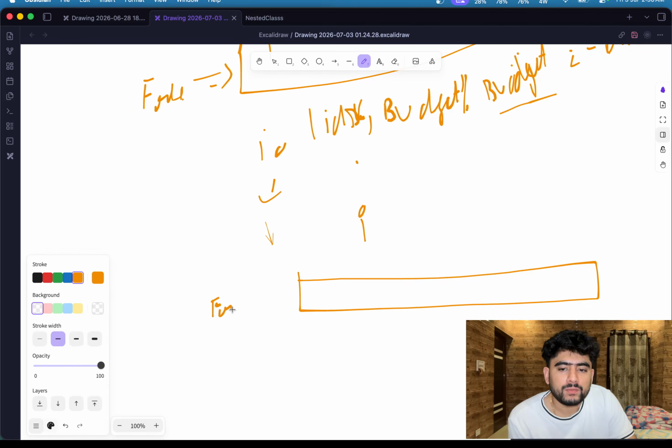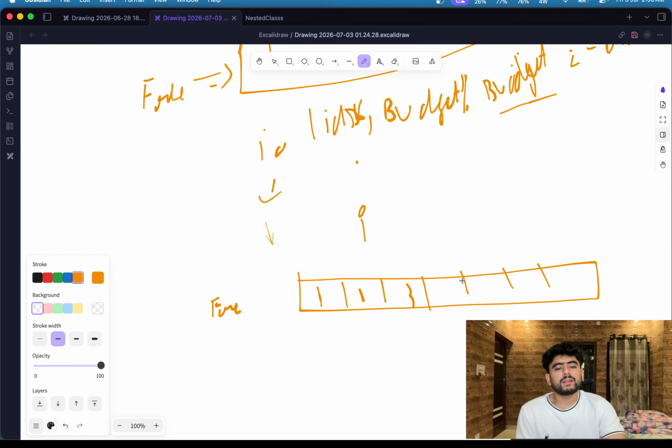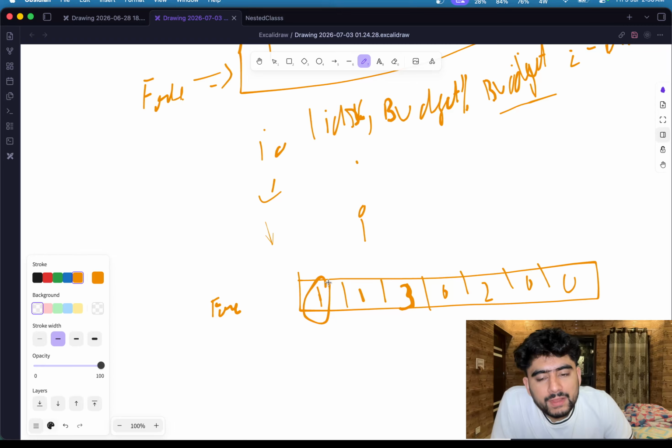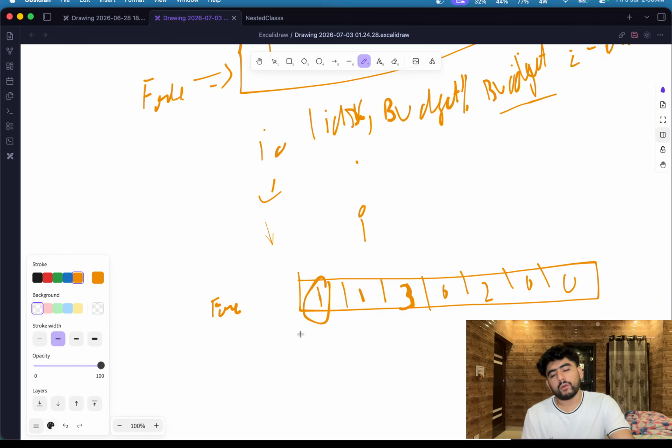This is going to be a free array, and for this, if the value is greater than or equal to one, let's say here it is 0, here is 2, here is 0, and here is 0. So if the value of free is greater than or equal to 1, it means that we get one free for sure if we buy this. So we will try to buy